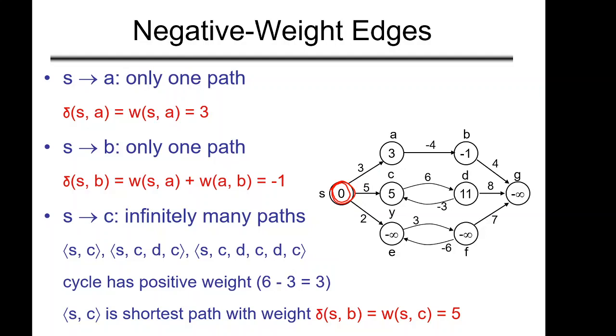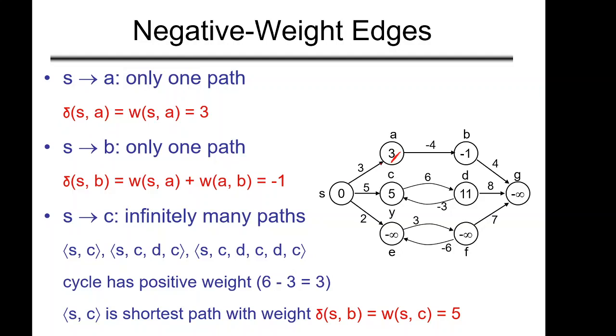Now what is the shortest path distance from S to A? It is 3. Why? Because there is one edge which leads to A with weight 3. Is there any other way to go to A? No, in this particular graph there is no other way. So the shortest path weight for SA is actually the weight of S comma A, which is 3. So we write 3 here.